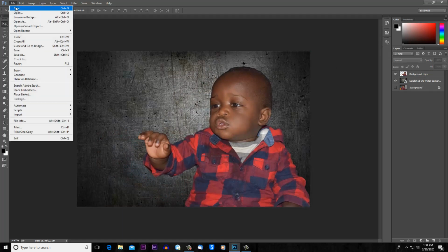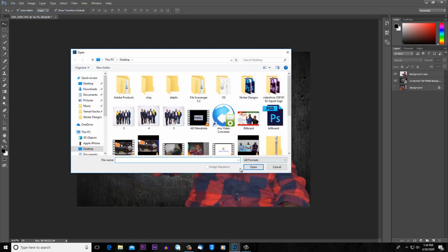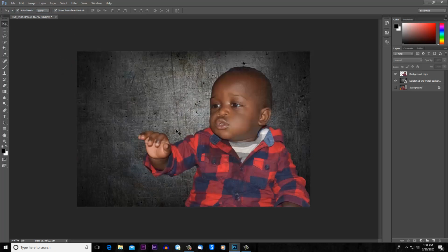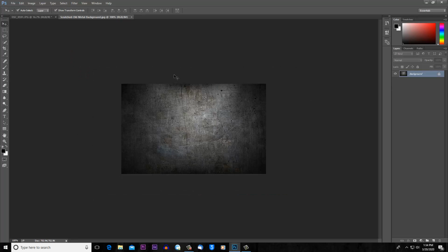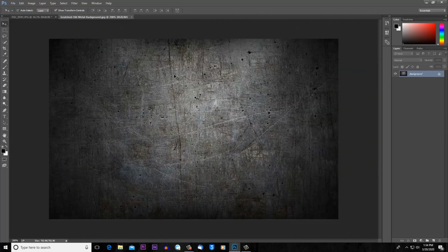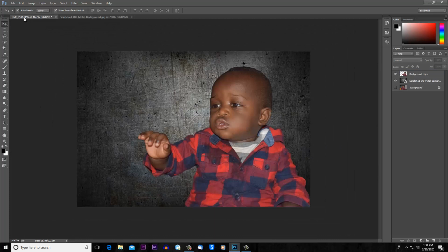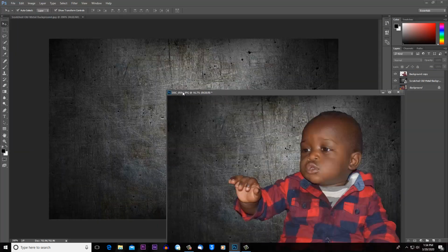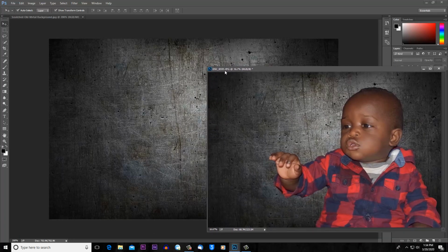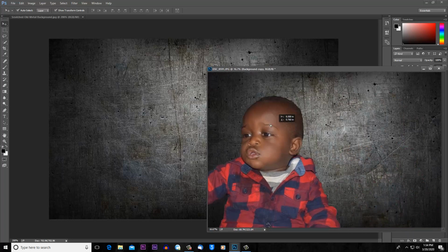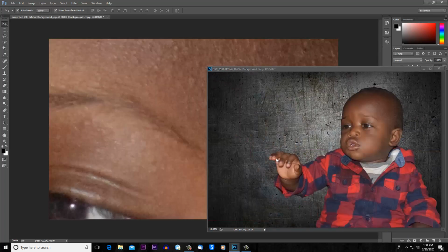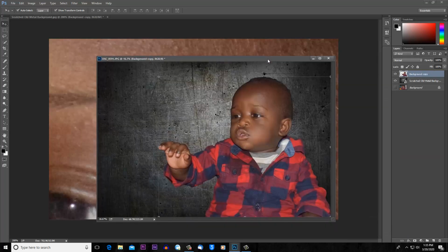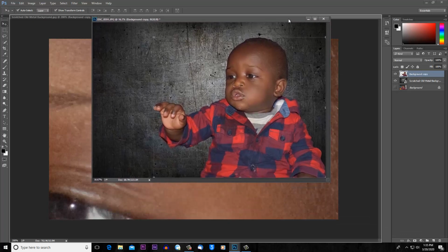Let's say, for example, I go to Open, and then I open the background in a different project. As you can see, in a different project, what I can also do is to come to this project, drag the project outside like that in a floating window. So I'm just going to use the Move tool now to click and drag this and bring it into this other project. Yes, and then I snap this back.